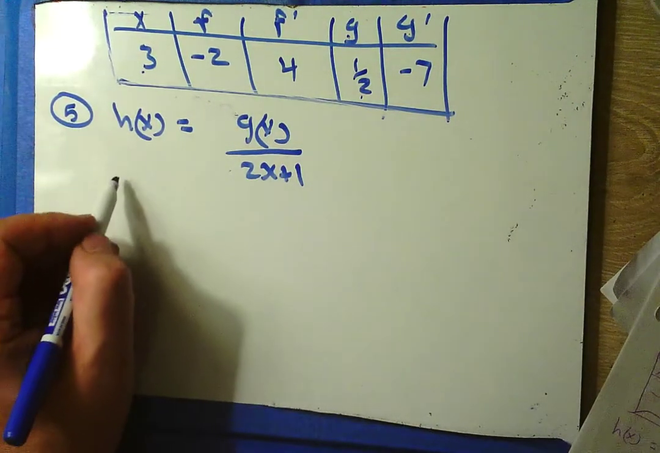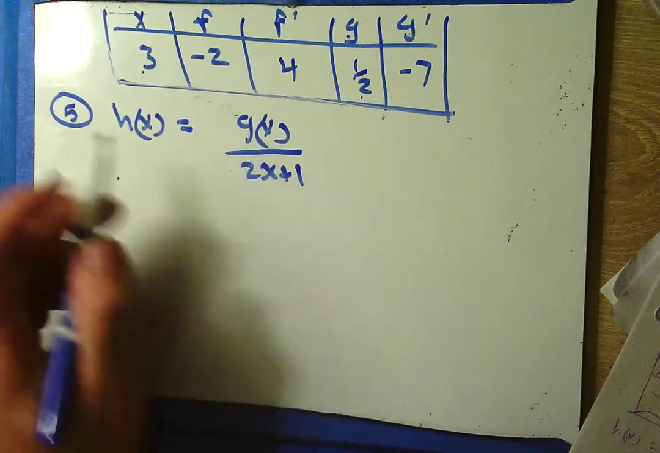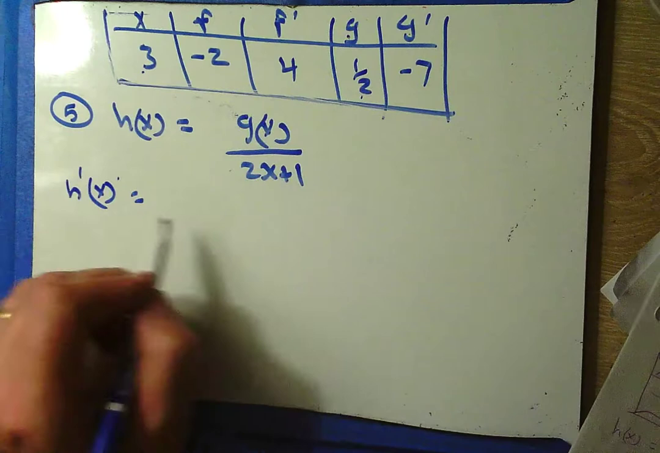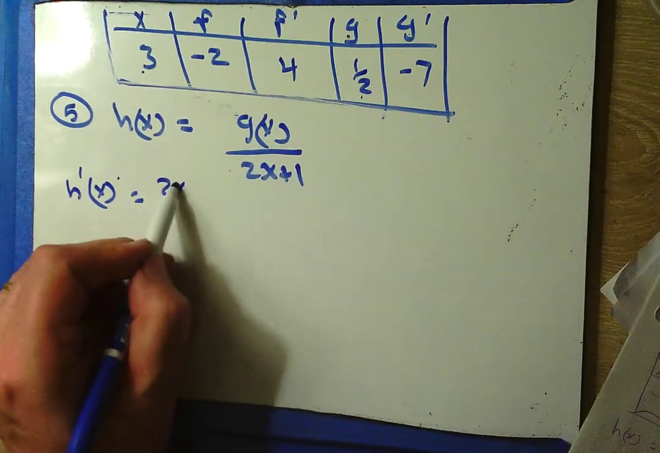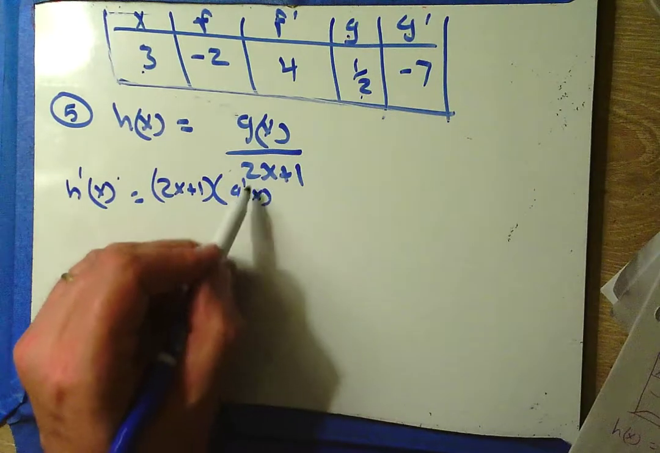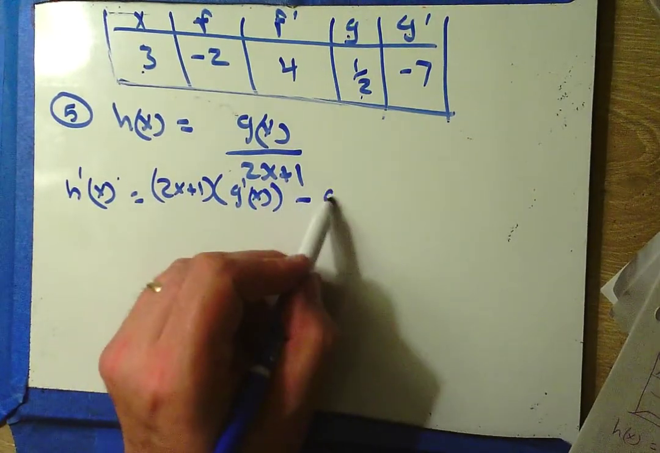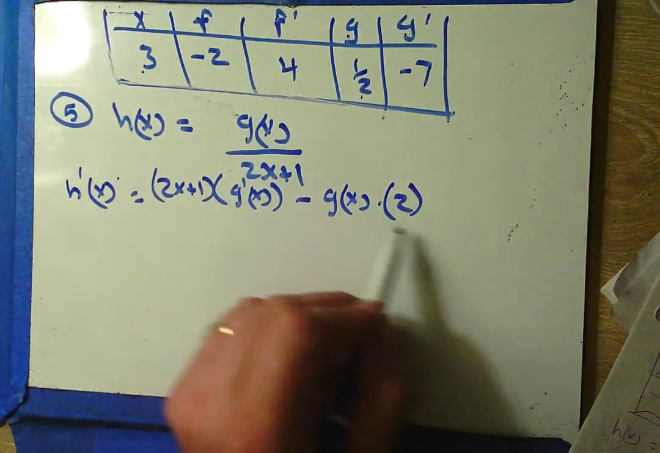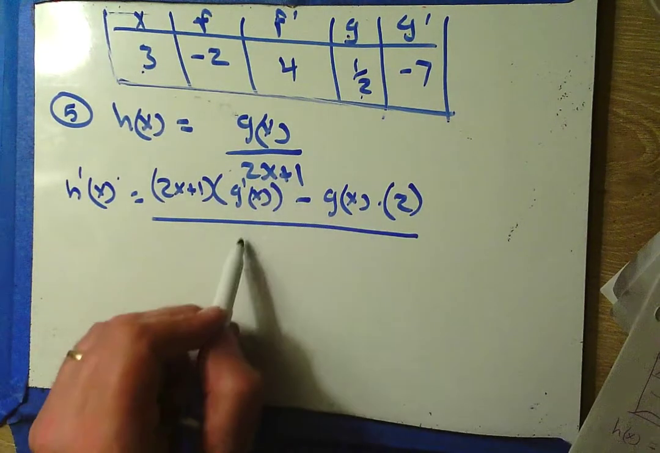Welcome back. So I see a quotient here, which means I want to use the quotient rule. H prime of x equals low d high minus high d low over low